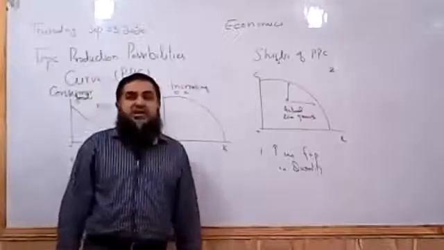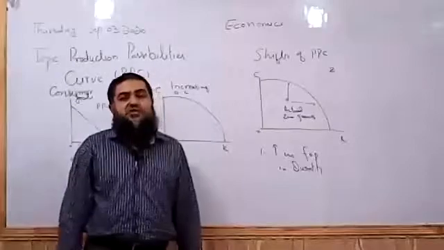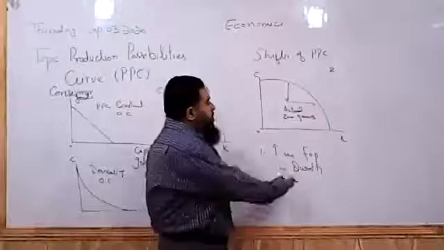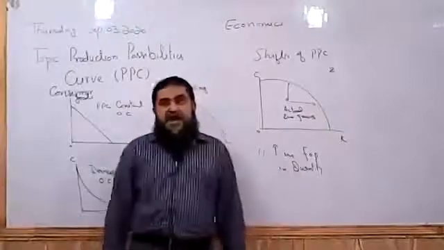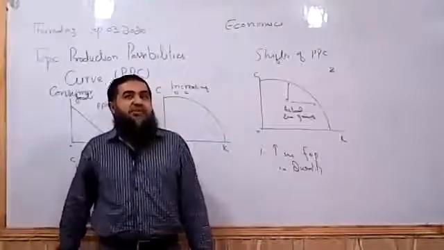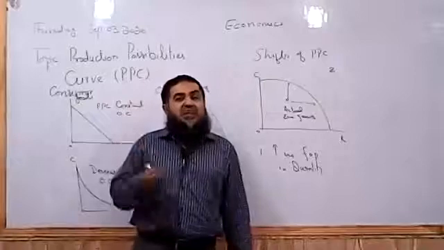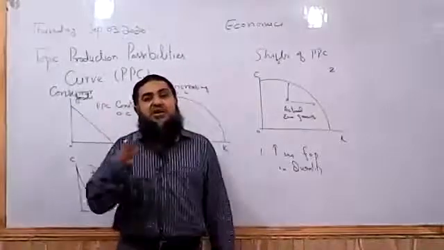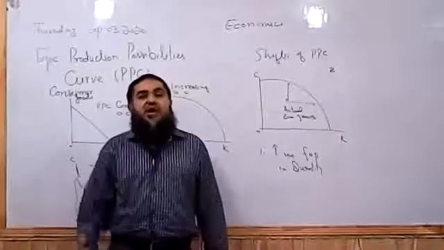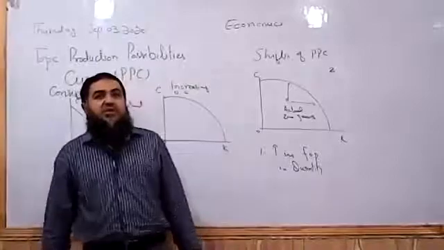So land can be increased in area, or its hidden resources can be explored with the passage of time. So that shows the increase in quantity of land. Another increase in the quantity of labor is with the passage of time. What happens? Population size of the country also increases. So when population increases, ultimately labor force will be continually increasing. Or net immigration is taking place. Many of the workers are coming from other parts of the world